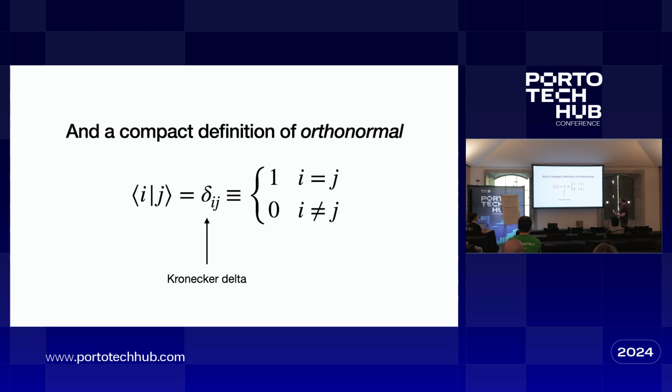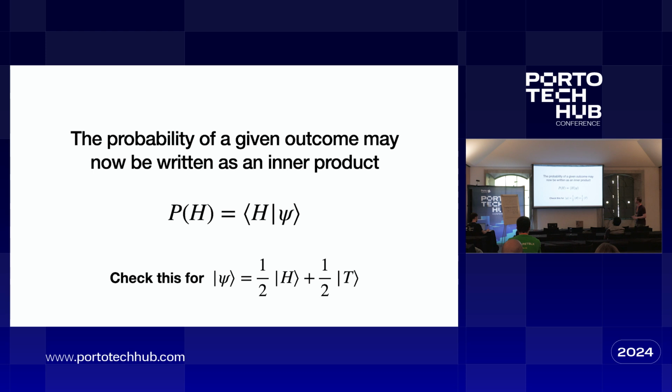We also get something really nice that we use all the time in calculations. We can write the inner product between basis vectors in terms of this weird little delta symbol called the Kronecker delta, which says this inner product is 1 when i and j are the same, and 0 when i and j are different. So if we had H here and T here, they're different, 0. If we have H, H, 1; T, T, 1. I know this seems silly, but it actually turns out to be super nice when you're doing calculations, which we'll see in a second. Okay.